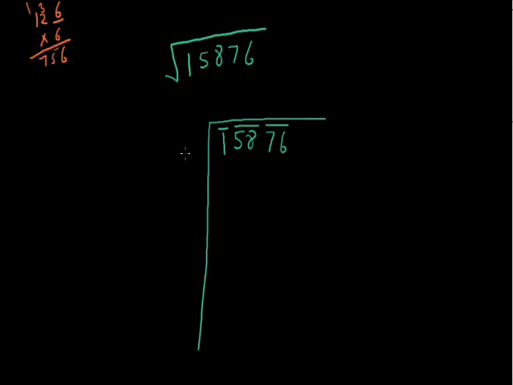Now again we think of a number whose square is nearby 1. So 1 itself. So we write 1 as a divisor, 1 as a quotient, and 1 as the product. So 1 minus 1, that is 0, nothing. We copy the next period, that is 58. Now in this divisor I have to add the quotient, that is 1. So 1 plus 1, I am getting 2 with a blank. Now in this blank I have to write a digit such that, let's say I write 2 here. Now I have to multiply this number by 2 only, because I am writing 2 in the blank.